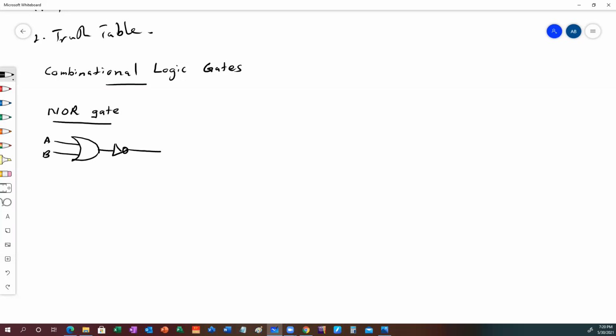A, B. Output is, let's say, F, that's equal to A OR B, whole bar, right? Okay, the output. There is the output. So we combine the two gates. There is the combination, right? So for this, when you combine this,